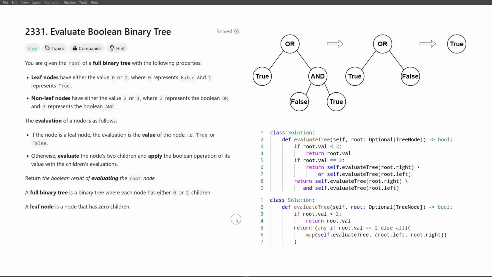Hello everyone, today we'll talk about the problem Evaluate Boolean Binary Tree. The title speaks for itself. We're given the root of a full binary tree, so full for our convenience. Leaf nodes have values false or true, non-leaf nodes have or and